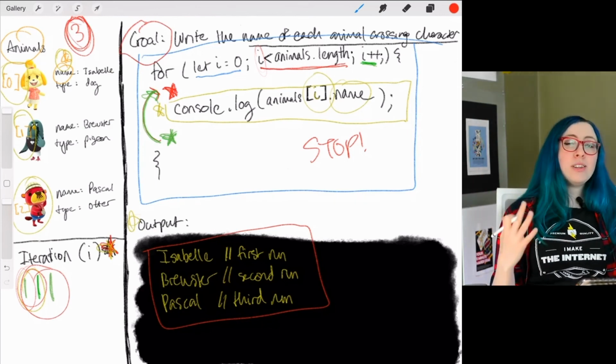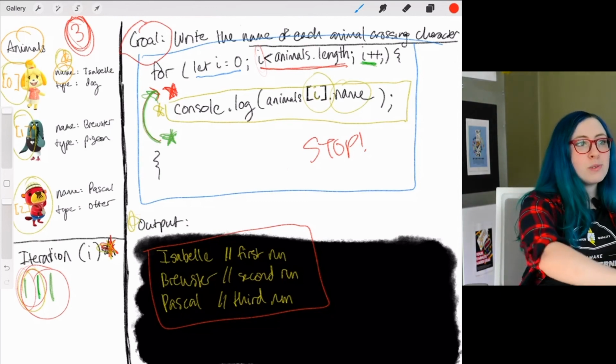So that's an in-depth look at how these loops work. That's going to give you all of the basics for how a for loop works. Now, when you hear about for loops, hopefully you'll understand exactly how they work and why they're working and what that code pattern looks like. So now that you know that, we're going to take a closer look at how to do this in real code and what it looks like.